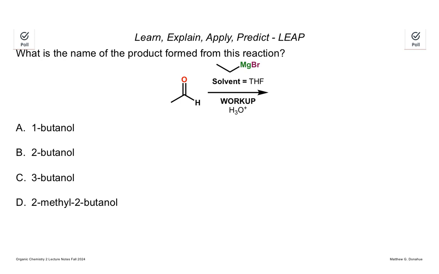So here we're starting with a C2 aldehyde. This is ethanal. We're reacting it with a C2 nucleophile. This is ethyl magnesium bromide. And the question is asking you, what's the name of the product? So this carbon is negative. It will attack that carbonyl, break that bond, and then when we work it up,